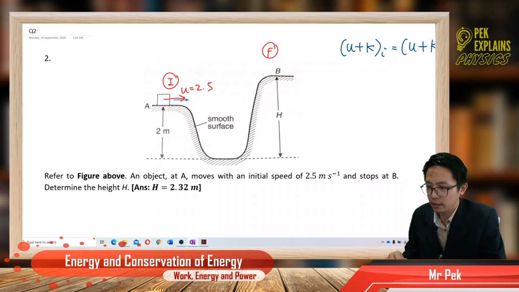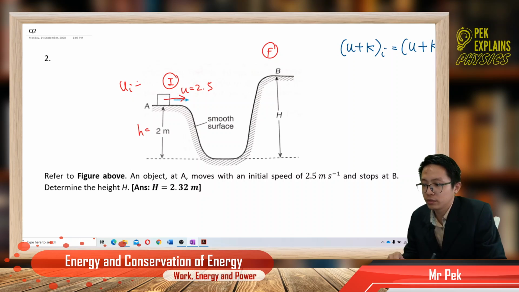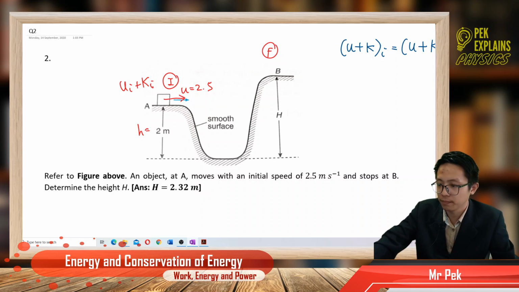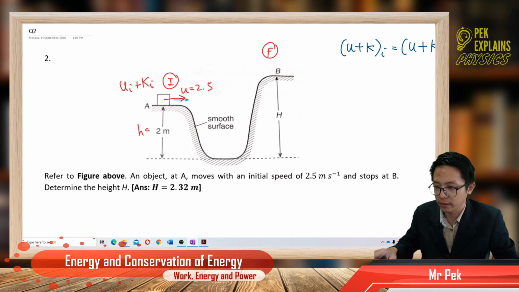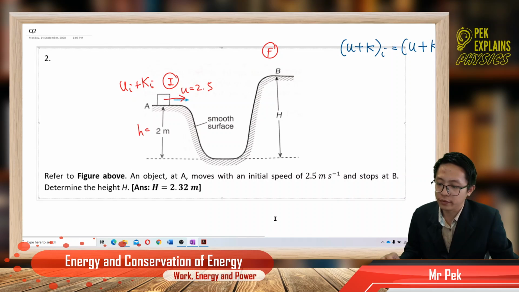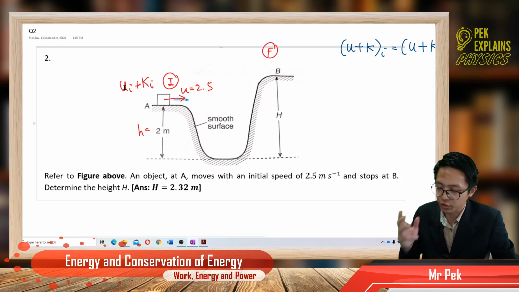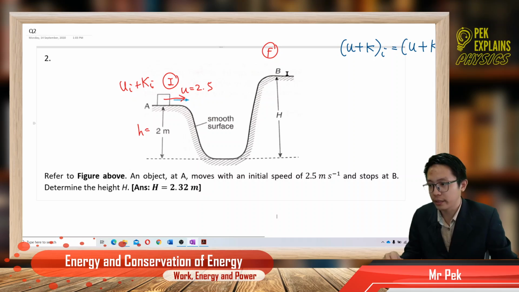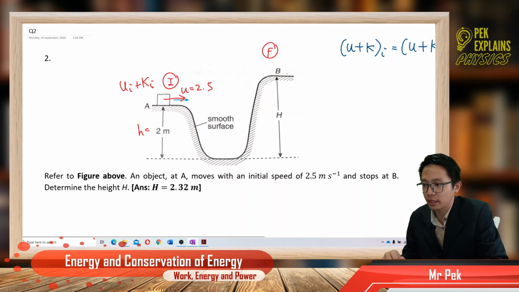And it has a certain height. So we can say initially it has both potential energy because of the height, and also kinetic energy because of the initial speed. It has the height and the velocity, so it has both gravitational potential energy and kinetic energy. But in the end, when the object has reached the top here,